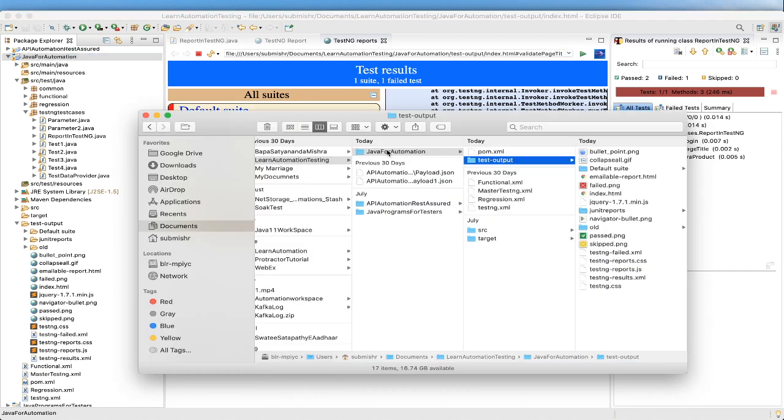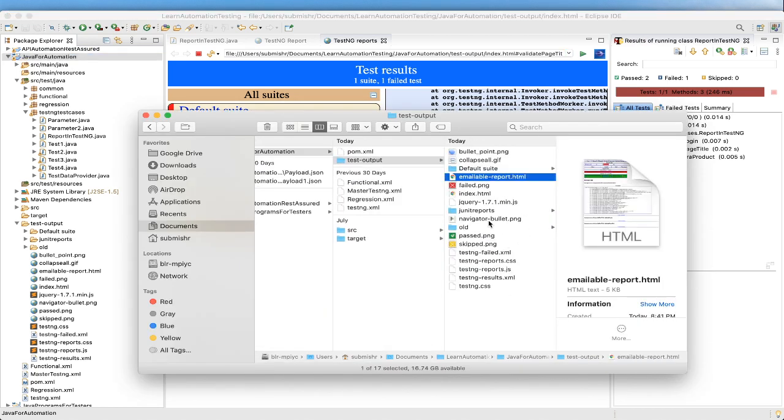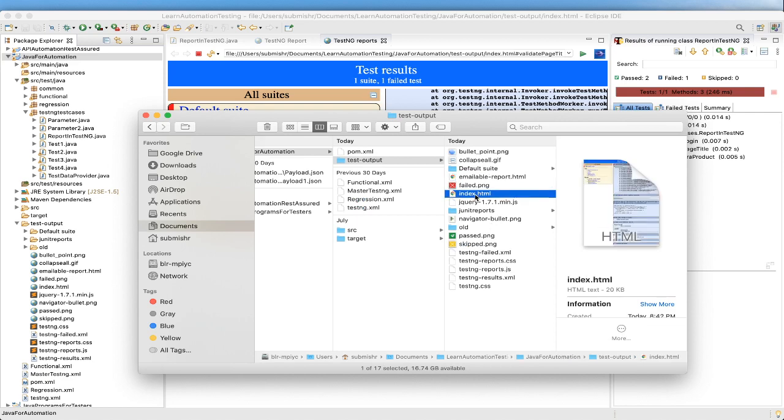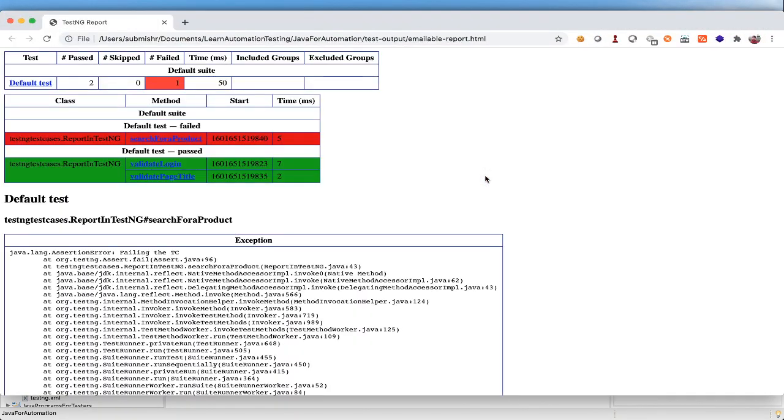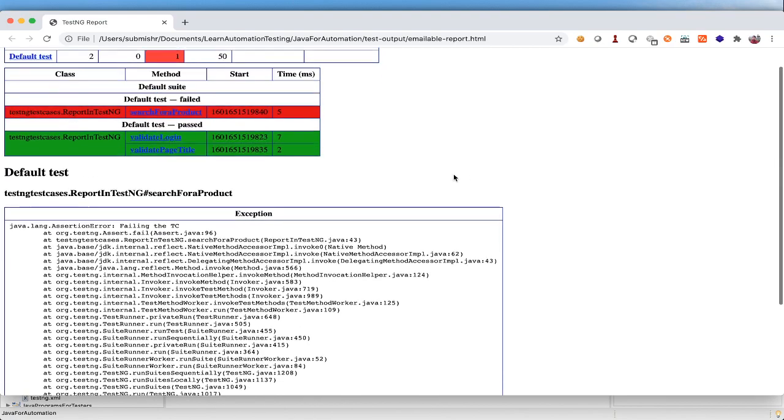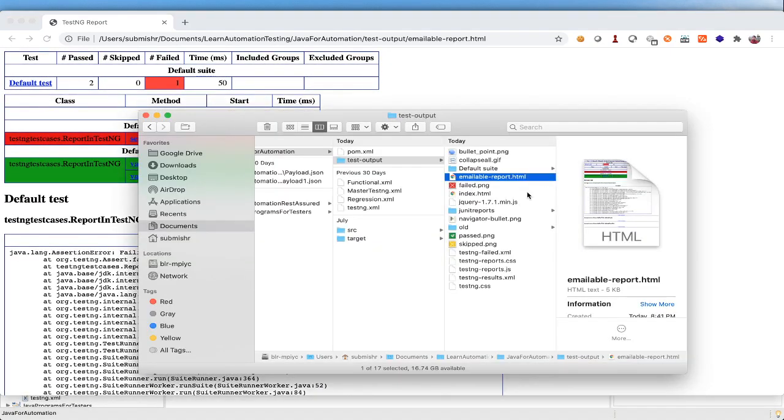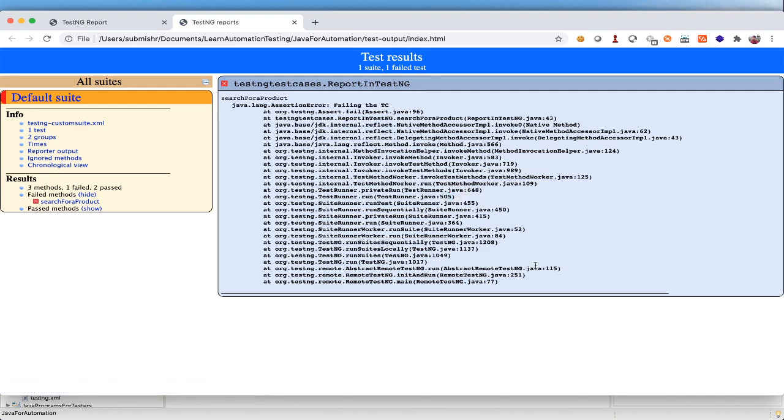In my project here I can see this emailable report, and we have the index.html. If you open it in Chrome, you can see something like this, and similarly index.html, this also you can see here. So that's all about reports.